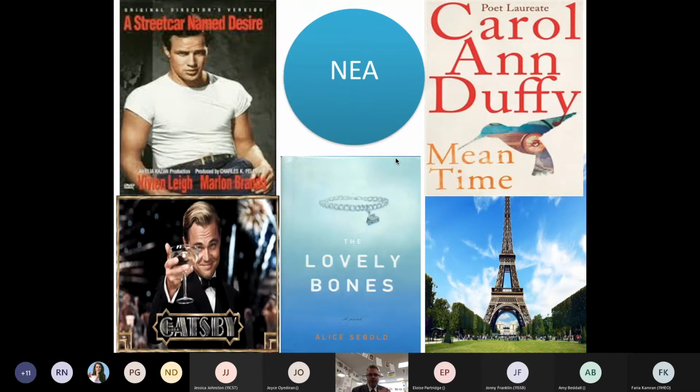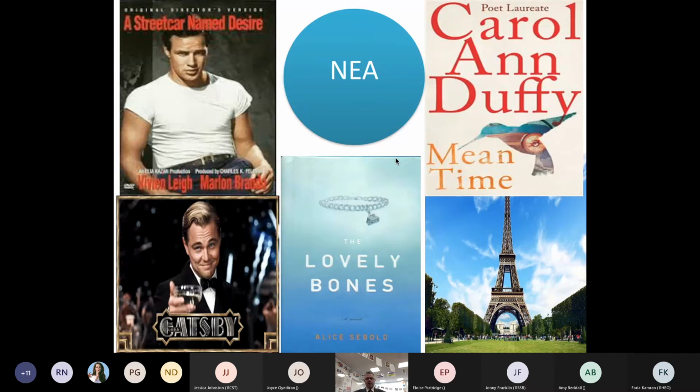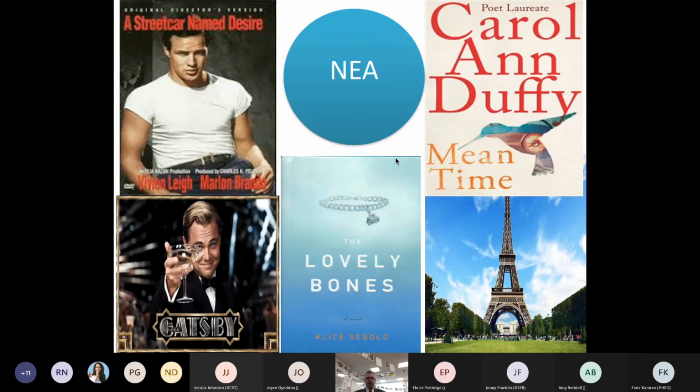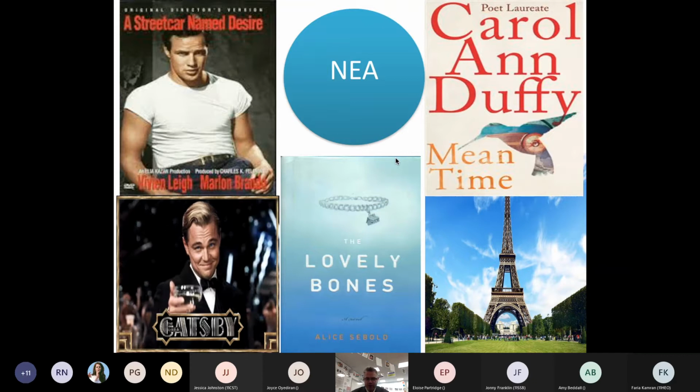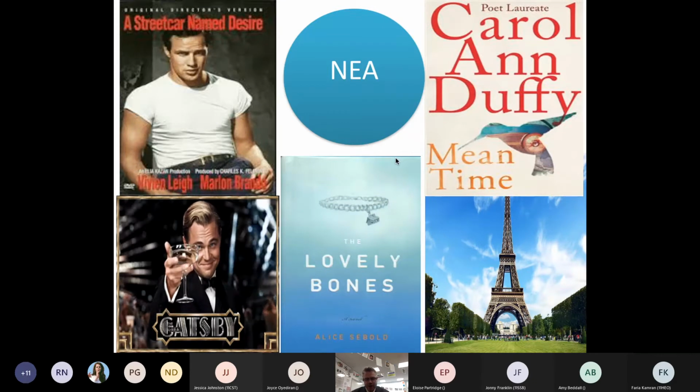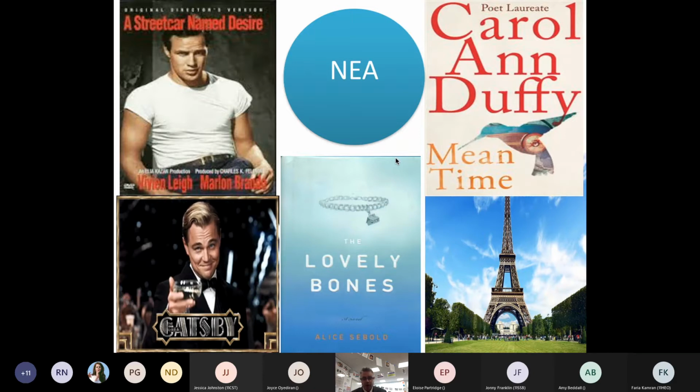Right, here's the course overview. Right, now there you can see some of those texts I was talking about. Now, Carol Ann Duffy's Meantime, well, you might do that. You study 15 poems out of that, or it could be Seamus Heaney's poetry as well, of which the special collection of 15 is done. The Lovely Bones, a magnificent book, a very, very emotional and moving book, and a very strange book by Alice Sebold, a wonderful book that we read in year 12. We do the poetry in year 12, and we also do the Paris Anthology that I referred to in year 12.